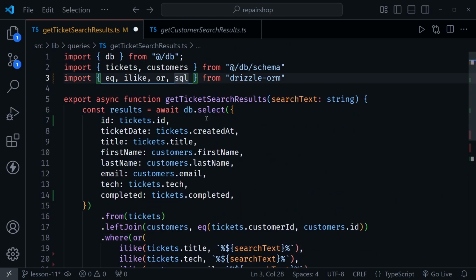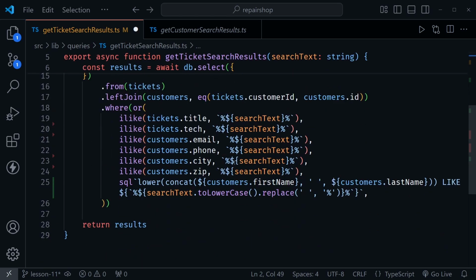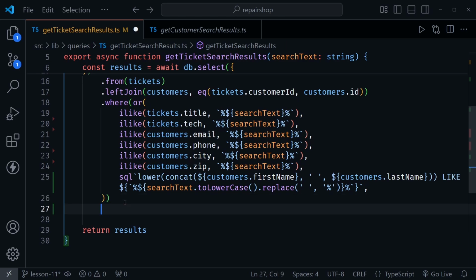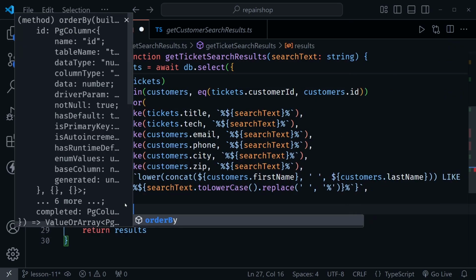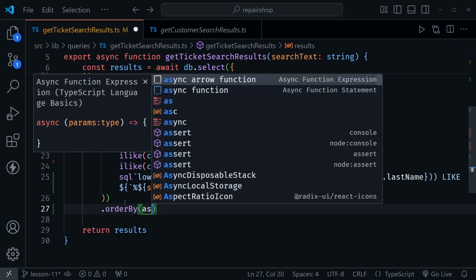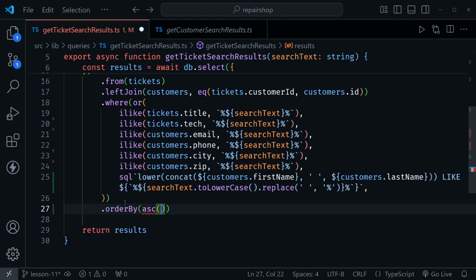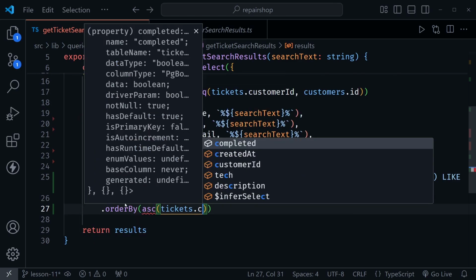Now I want to add one additional thing here at the end of the query, but here at the top, I'm going to need to bring in one more import from Drizzle. It's ASC, which stands for ascending. Then we're going to put an order by clause right here at the end. So dot order by, then we'll say ASC, and inside of ascending, we'll say tickets dot